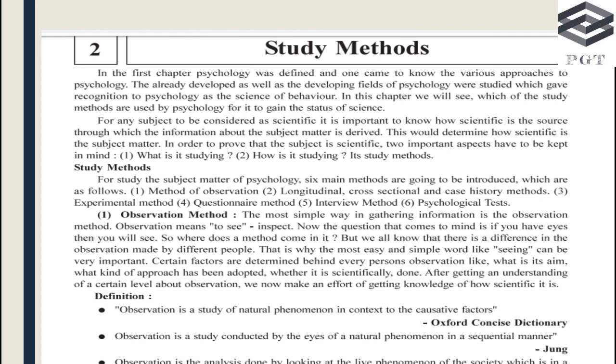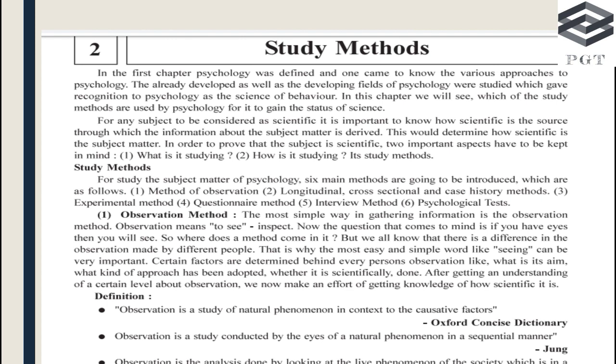In the method of observation, what you see and what you learn from seeing, that means pursuing learning. Many times we study by watching. It is the simplest way of gathering information: you observe, you introspect, and you learn certain things from what you see with your own eyes. Understand? So where does the method come in? In the form of practical learning, where you observe. You go to places, you get to see many things, and you learn from them.